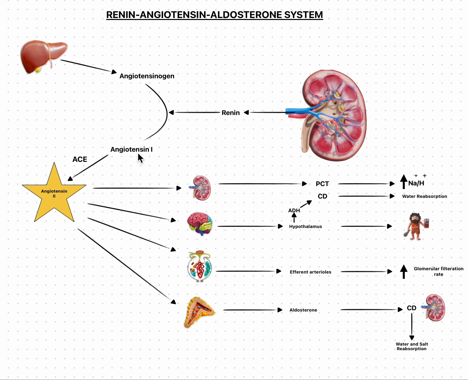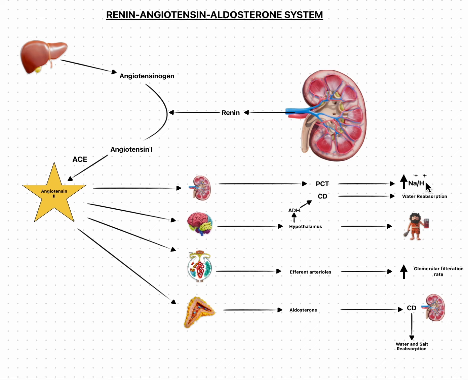Angiotensin 1 is a mild vasoconstrictor. Angiotensin 1 is converted into a powerful vasoconstrictor which is known as angiotensin 2. This conversion occurs through an enzyme known as angiotensin converting enzyme, and this enzyme is normally located on the endothelium of the pulmonary vessels. Angiotensin 2 will act on the proximal convoluted tubular cell, and here it will increase the